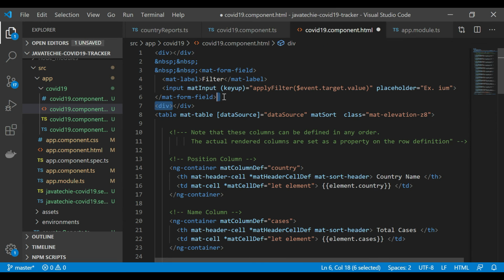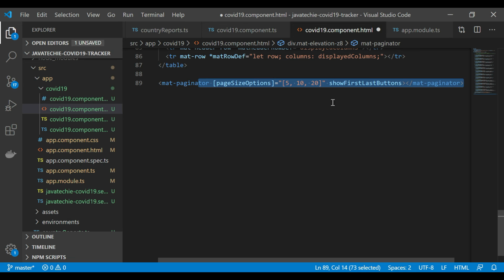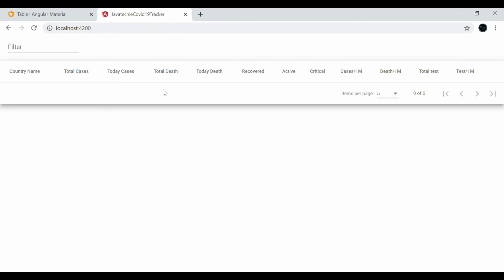Okay, and I will mention this class on this div directly. Now add this div down. Now save this.